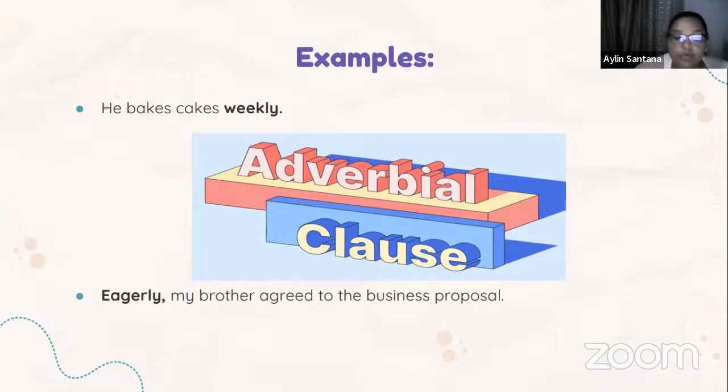And what is a subordinating conjunction? Since adverb clauses are dependent clauses, they must have a subordinating conjunction that connects them to the rest of the sentence. So being able to spot a subordinating conjunction will help you recognize an adverb clause. It's the main function of the subordinating conjunction. Okay, so now